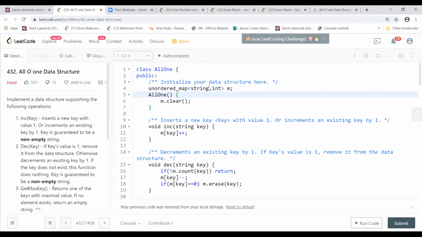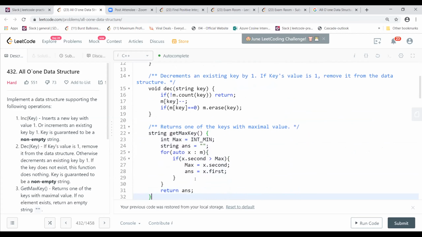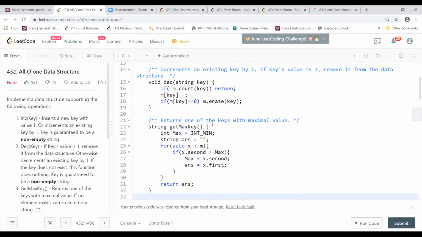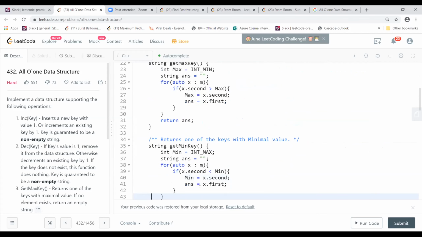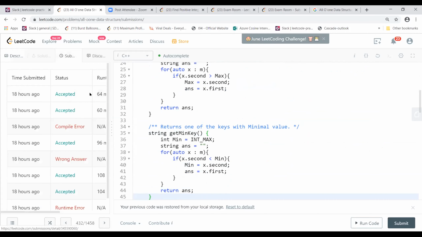Okay. So the very easy way, what I did was, the first thing, you have an unordered map. Nothing simple. To increment, you increment it. For decrement also, you do the same operation. This is O(1). But then you come here to the max heap, your max key type. You just iterate, find, and return that. The same thing you do for the min heap. If you look at the submission timings, they are like 64.